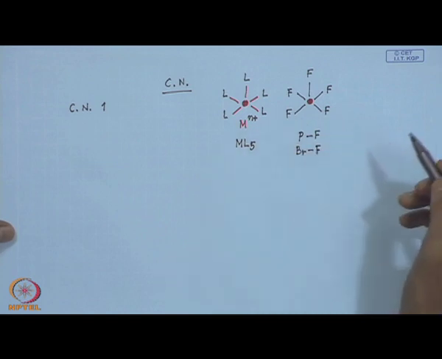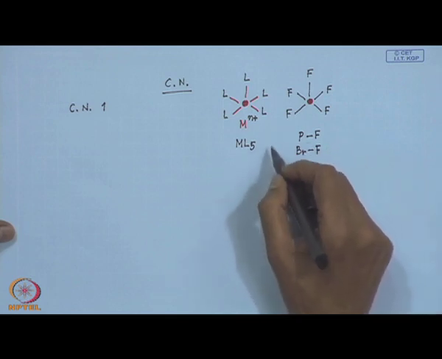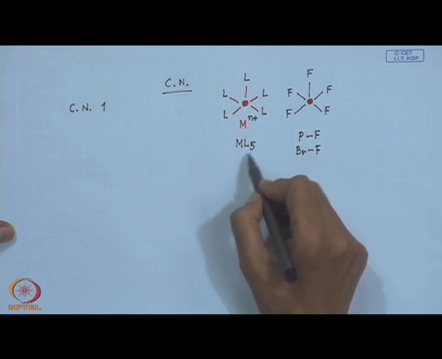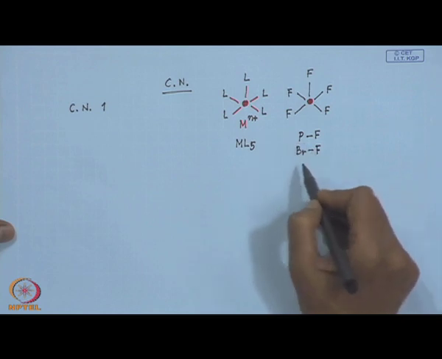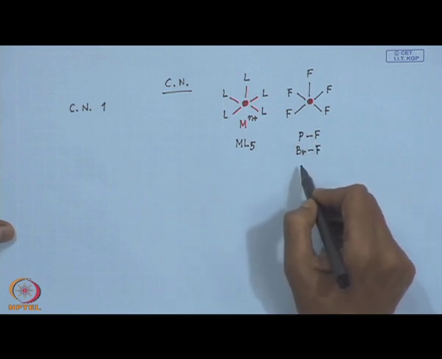So side by side we are comparing some examples, how we can accommodate a situation where we have the metal-ligand assembly,